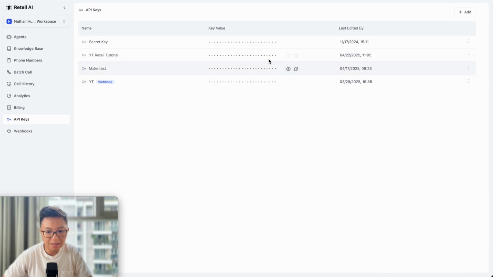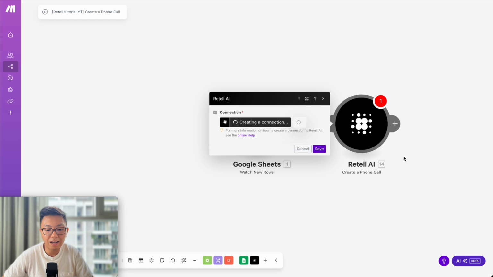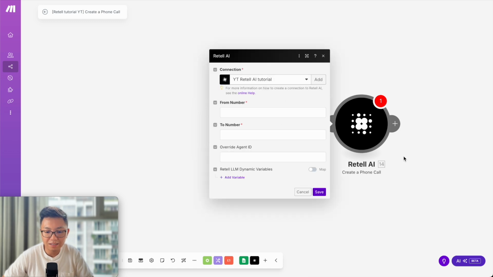And here we can see that the API key has been created, and we can copy it and bring it back to make.com. So we input the API key here, we click save, and yep, the connection has been successfully created. We only need to do this step once when we first connect Retell to make.com, but for subsequent automations,